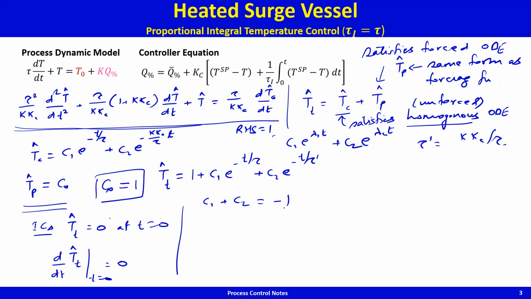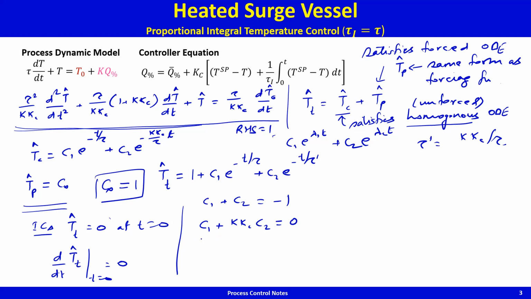From the second initial condition, what you get is c1 plus kc c2 is equal to 0. So c1 plus c2 is equal to minus 1, and c1 plus kc into c2 is equal to 0, and therefore